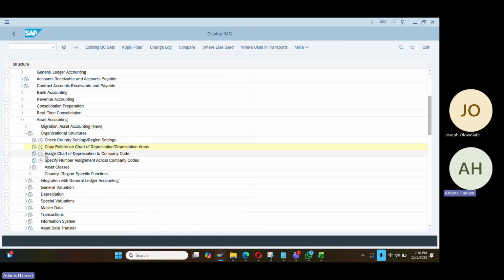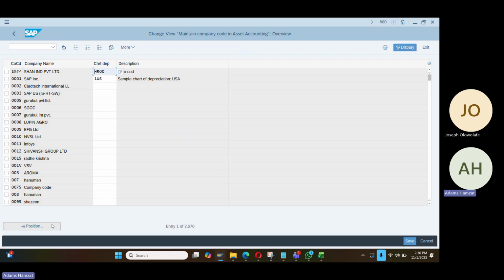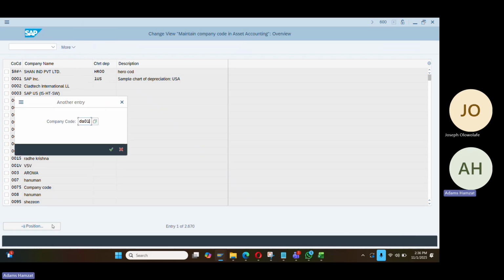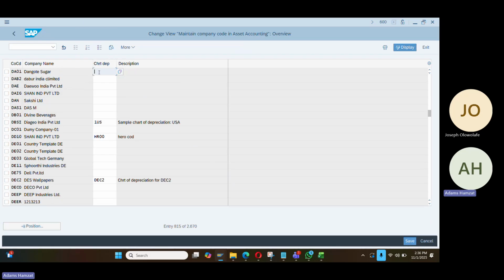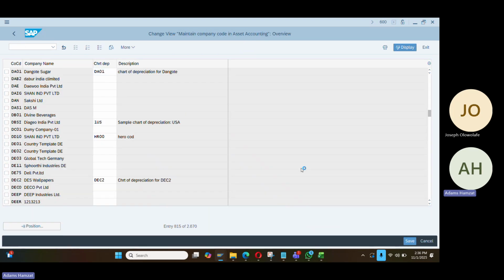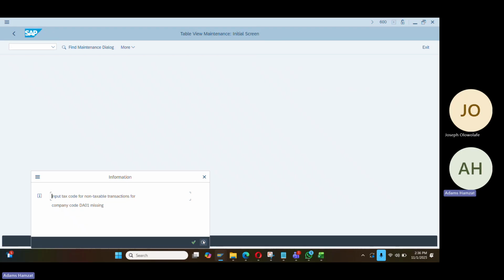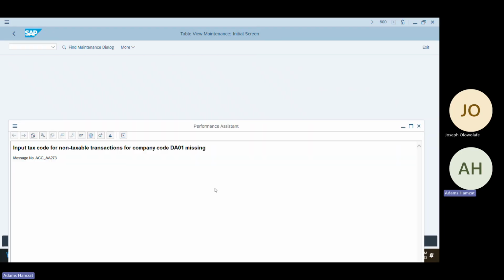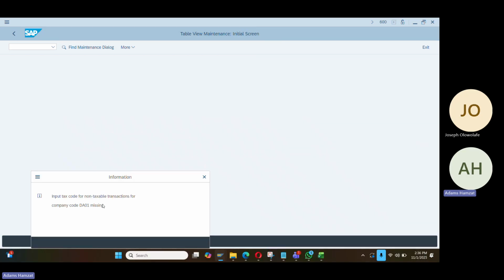Now, the next thing you need to do is assign your chart of depreciation to your company code, right? I'll just click on copy, find my company code, then assign my depreciation area, which is DA01. Now, if there is any error, the system will tell you. It's telling me input tax code for non-taxable transaction. So I understand this error. Let me click on this question mark to see the error details. You see something like proceed or whatever, but there's nothing like proceed. Okay, fine. To fix this error message,